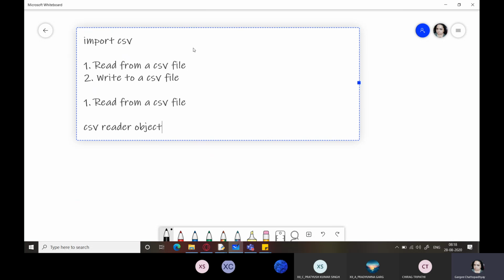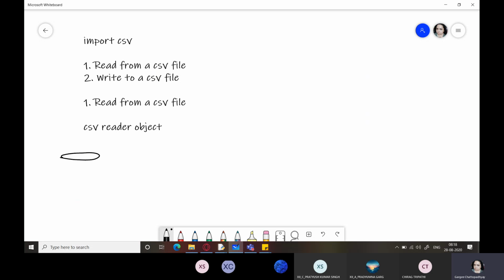Now, what is this CSV reader object? Students, you know that your file is there on your hard disk. This is the hard disk and this hard disk contains the CSV file. What does the reader object do? It creates a list which is not completely a list, it's a partial list. It will give you some properties of a list.